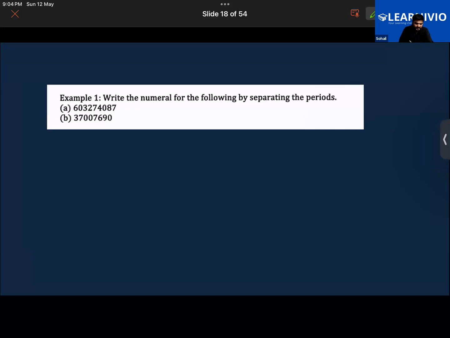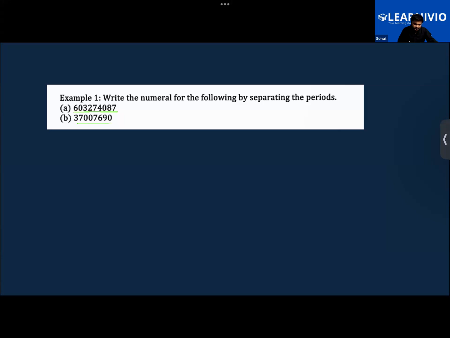Say that you have the first number. You guys first of all write the expanded form of these and put the commas at appropriate places. Do this and let me know what value you are getting. Also, you guys can send its photo to the counselor. From him, I will be getting it right now in the class. So two things you'll be doing: put the commas and write it in the expanded form.